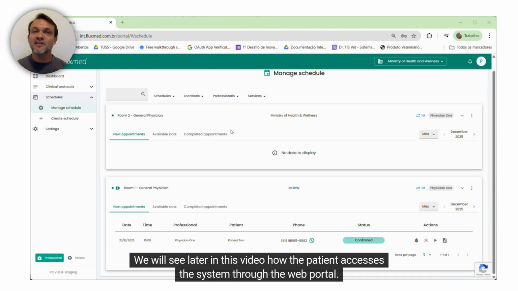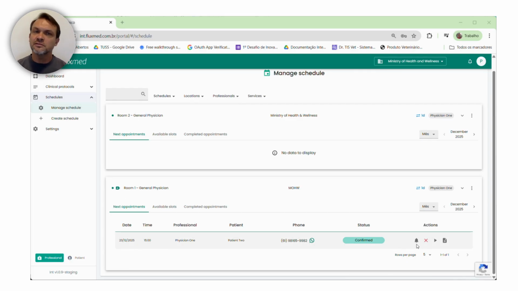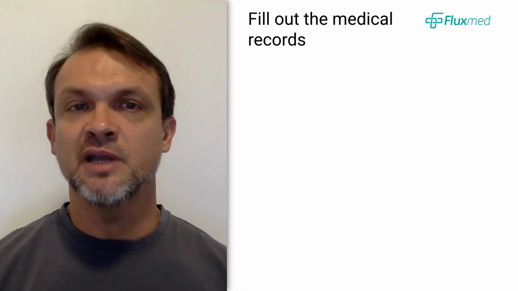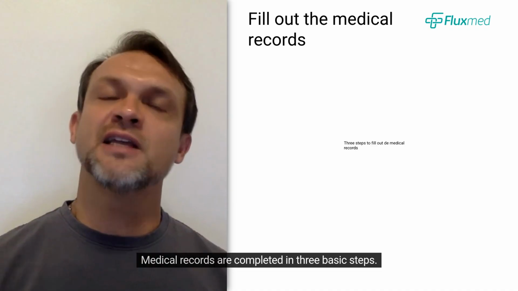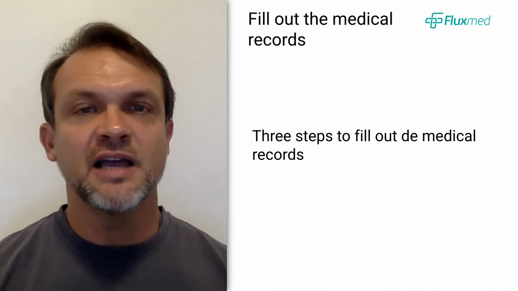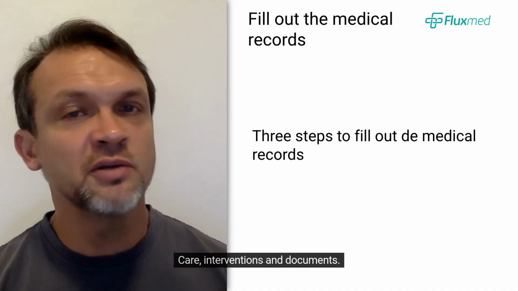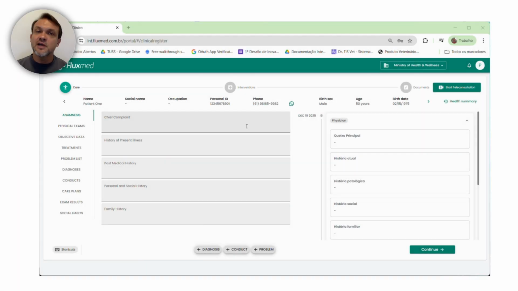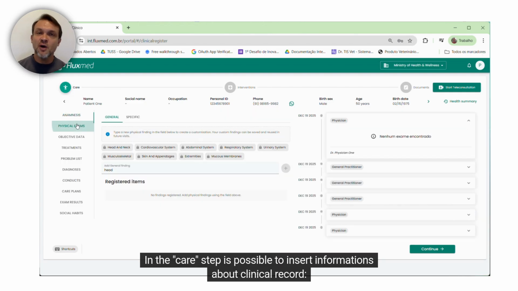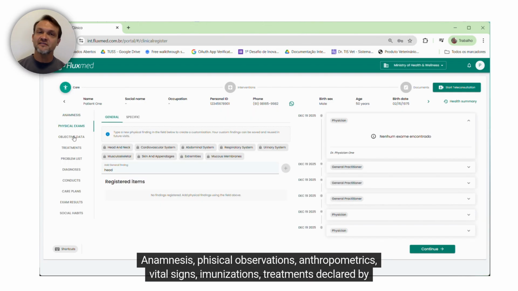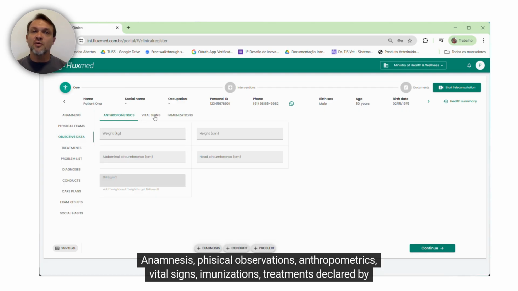We will see later in this video how the patient accesses the system through the web portal. Fill out the medical records. Medical records are completed in three basic steps: care, interventions, and documents. In the care step, it is possible to insert information about clinical record, anamnesis, physical observations,